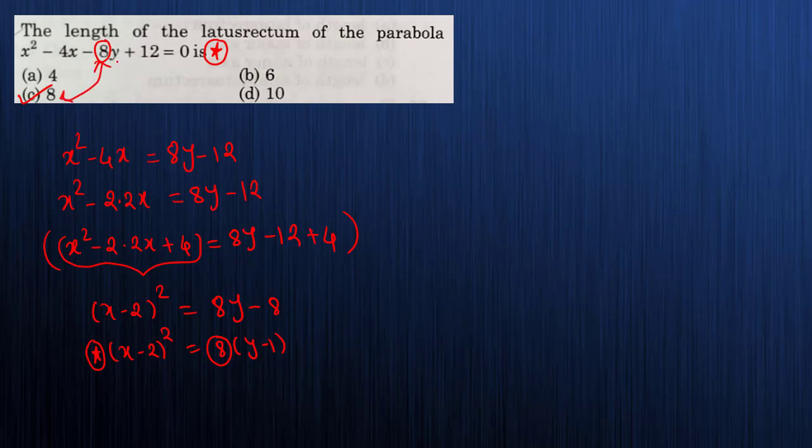So the length of latus rectum is always the coefficient of the single power term, whichever power is there, its coefficient. Here x square is there. If I write this equation like this, y square minus 10y plus 16x plus 12 equals 0, it is in the form of y square, so you have to look at the coefficient of x. Here the equation was in the form of x square, then we looked at the y coefficient. Okay, and that was our answer.